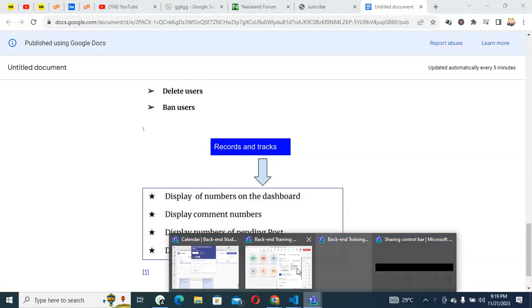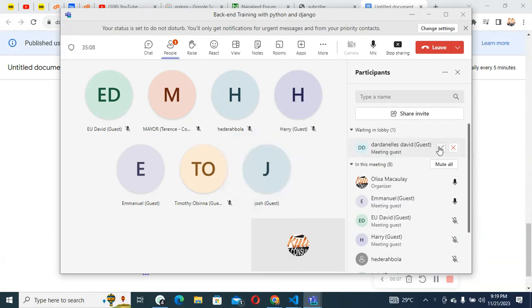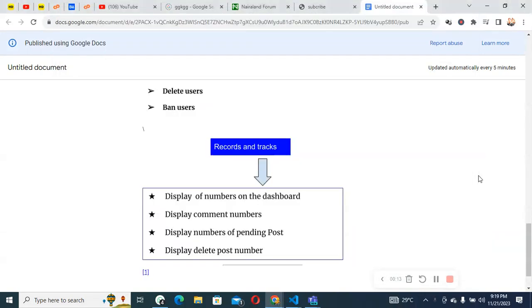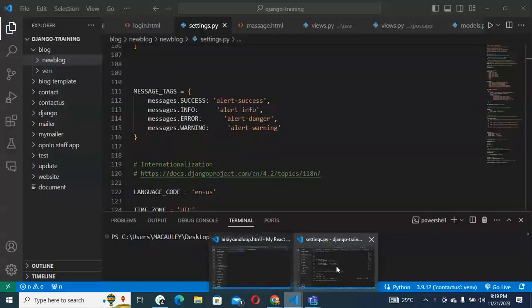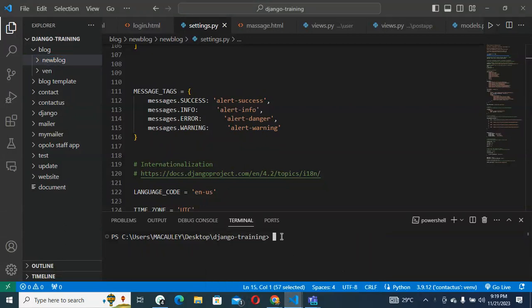Quickly, let's jump into that. So the first thing I'm going to do here is to quickly open my